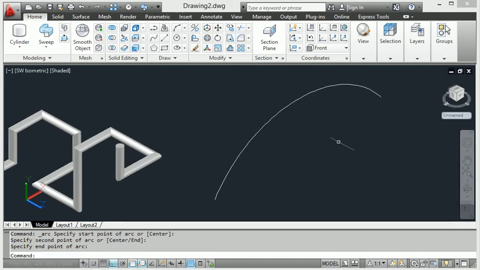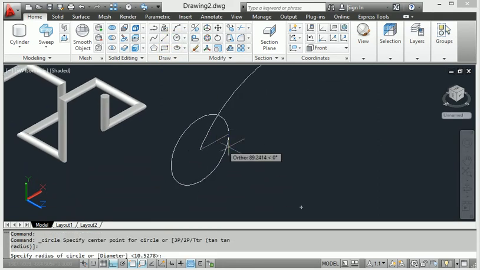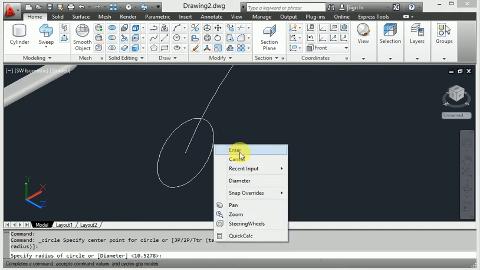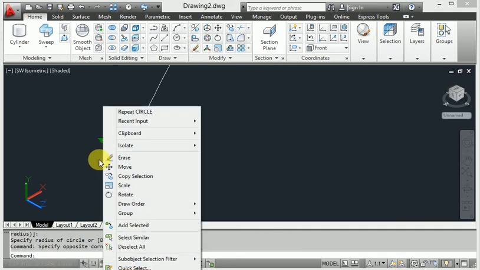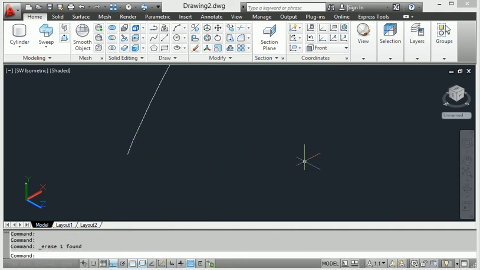When I make the arc, I again show you the circle, and the circle has been created. This is one way to select this circle.